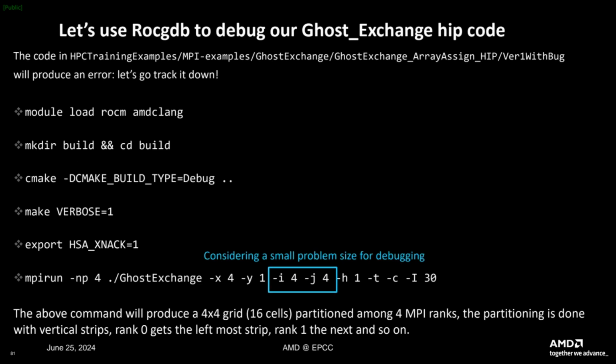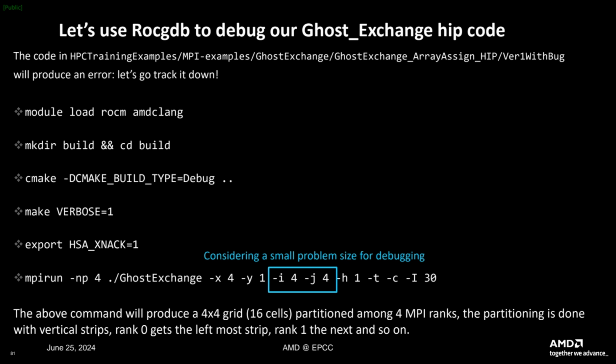As you'll see, some of the commands are straight out of GDB. And in this set of slides, I am going to use ROCGDB to track down a bug in a version of that Ghost Exchange code that I showed before. So basically, the bug here is not a runtime or a compile time bug. It's just a bug where the solution is not what it should be, which in my opinion is the trickiest